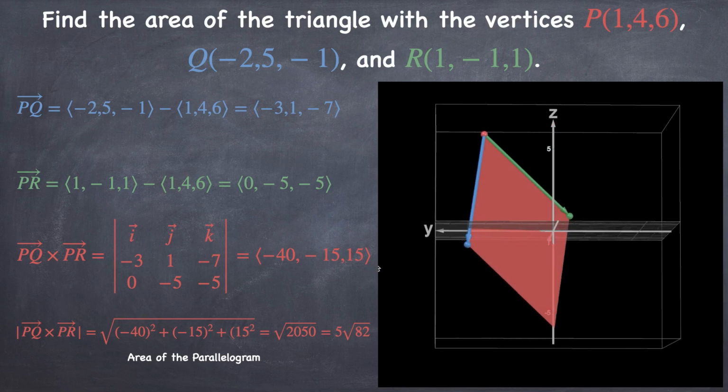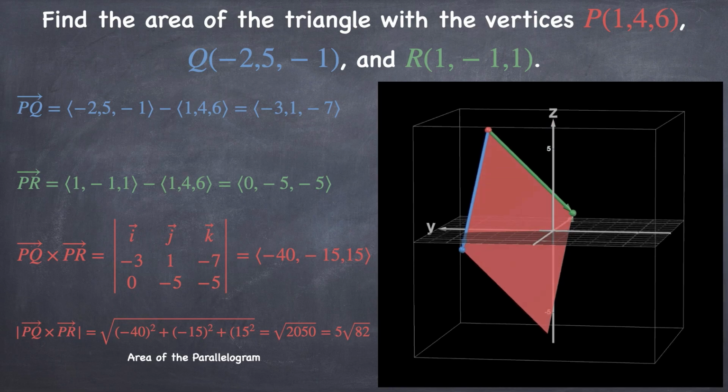And the question is, all right, we don't want the parallelogram, we want the triangle. How do we get the triangle? And that is as easy as dividing by 2. So you can see the triangle here is exactly half of the parallelogram. So if we take the magnitude of the cross product and divide by 2, we will get the area of